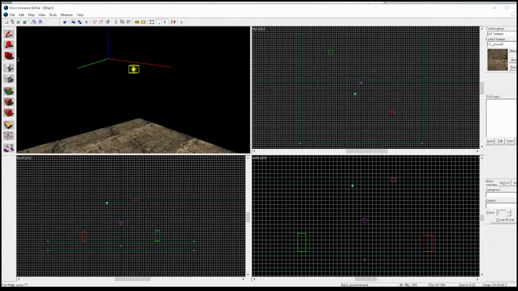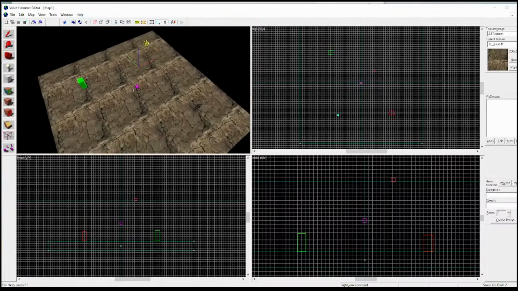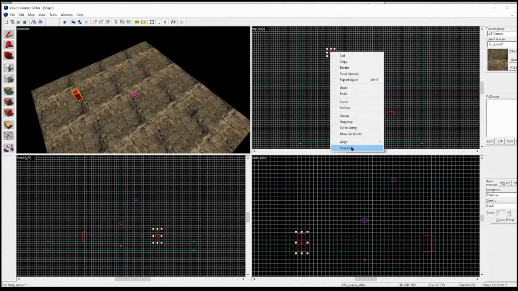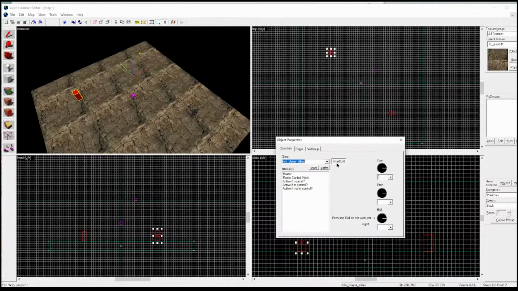Okay, I'm going to go here and use the camera view. That's one of the things that you can do with your spawns. If I right click and select properties, yaw will always refer to the top view up here, the XY top view. So right now, this ally will spawn facing to the right of the screen,